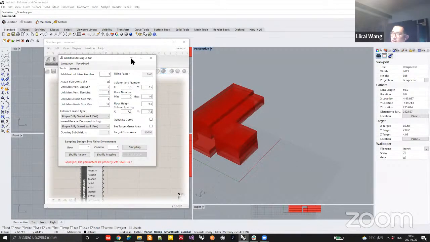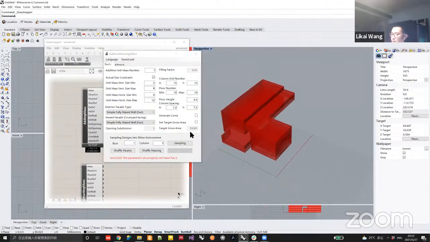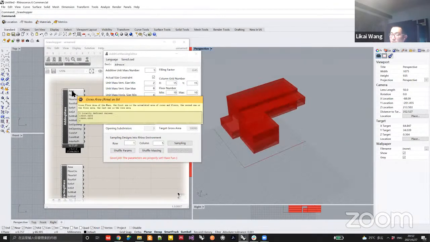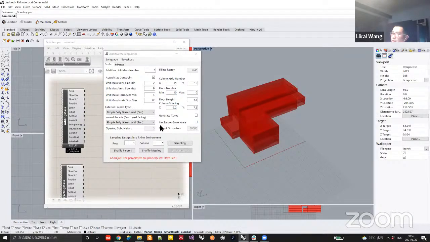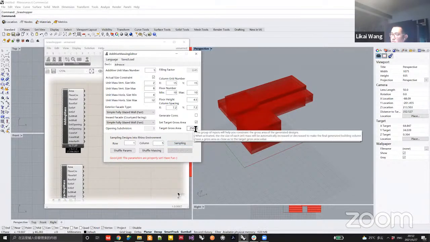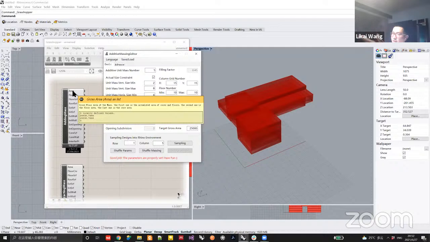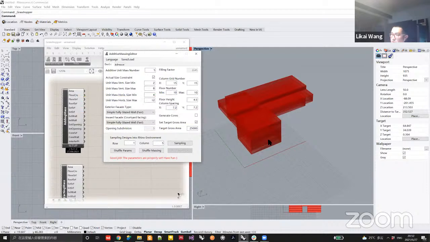And then EvoMass has a function to help you create a building close to the target area you define. For example, this building has a build area of 19,000 square meters, and then if you set the target area, you can say 25,000. And then the algorithm will try to search for a solution as close as possible to this target value. So you can see that here it goes to 24,000 square meters, which is very close